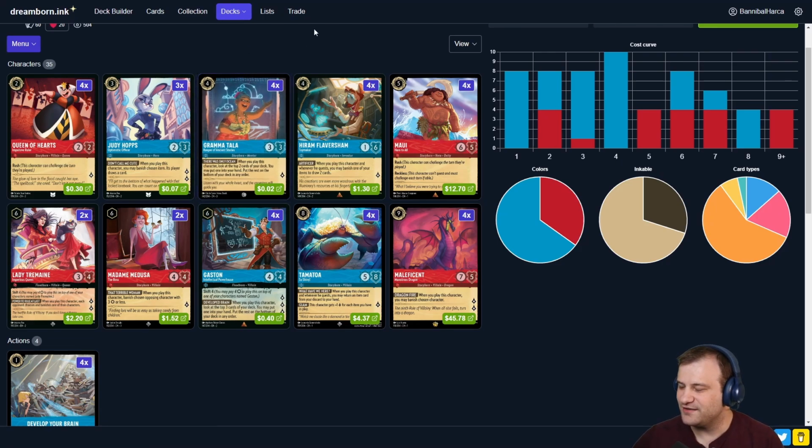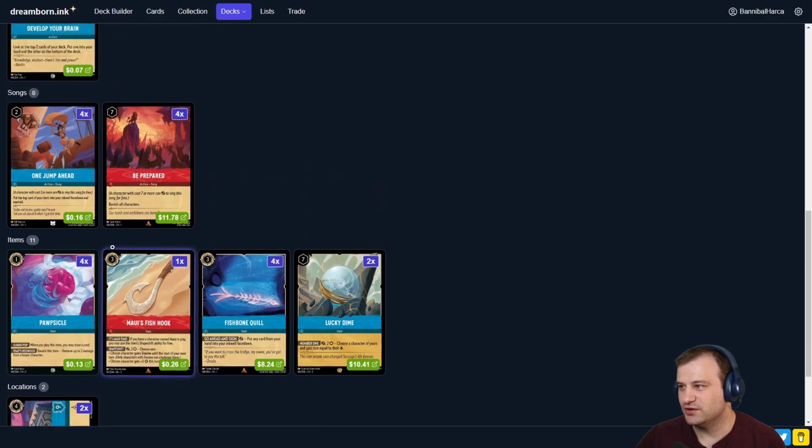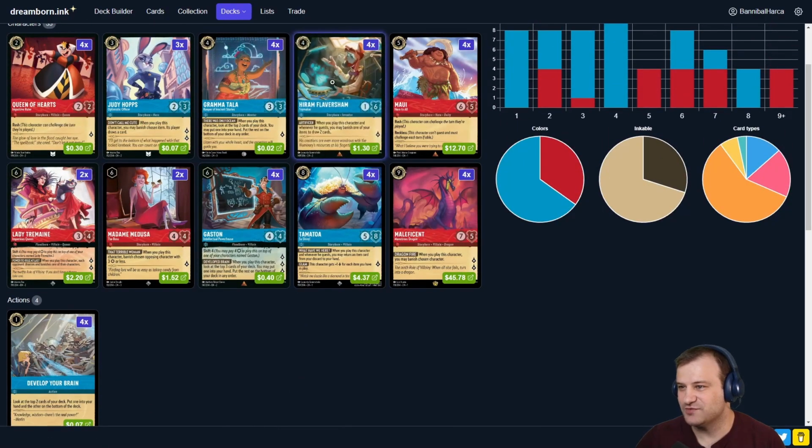For Grammatala, I think Grammatala is a card that is unimpressive. I think people look at this card and they think it's not super great. What's it doing in this deck? Well, one of the most important turns for this deck is turn 4. And obviously, the nut draw is Popsicle into 1 Jump Ahead into Flaversham, drawing 2 on turn 3 as your